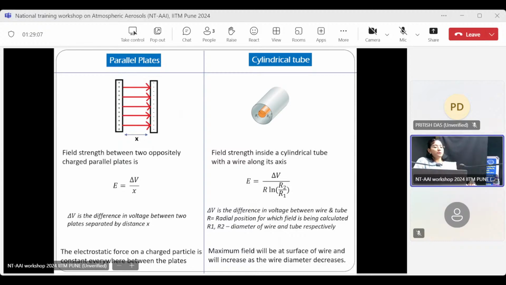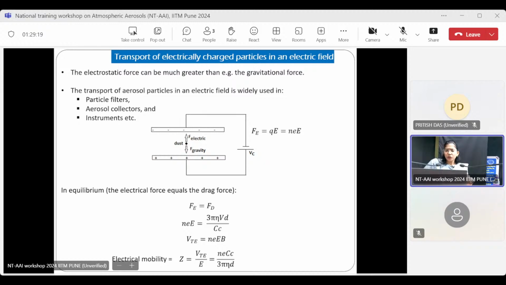So now we will first see what will happen if you place an electrically charged particle in this parallel plate, because it is easy to understand. We know that the electrostatic force is greater than the gravitational force, and the transportation of a charged particle in a field will decide many properties like the filtration and the collection efficiency, and it's utilized, as I said, in many instruments. So what will happen if you place a dust particle, or say an aerosol particle, between